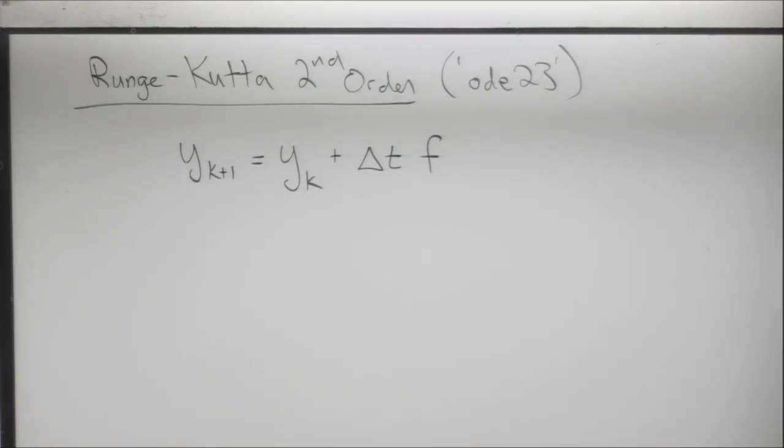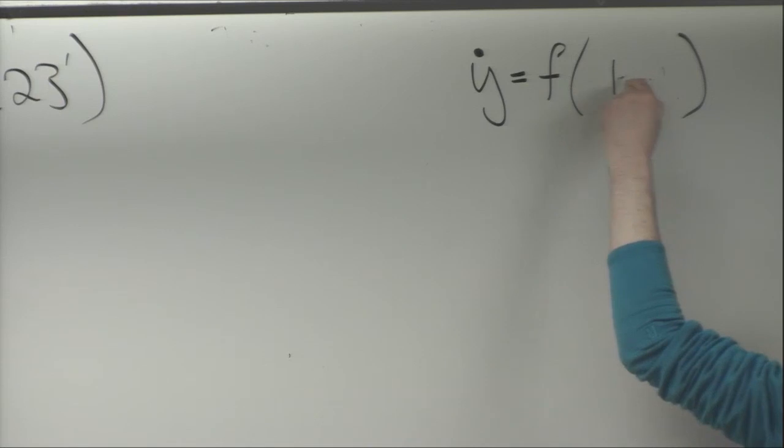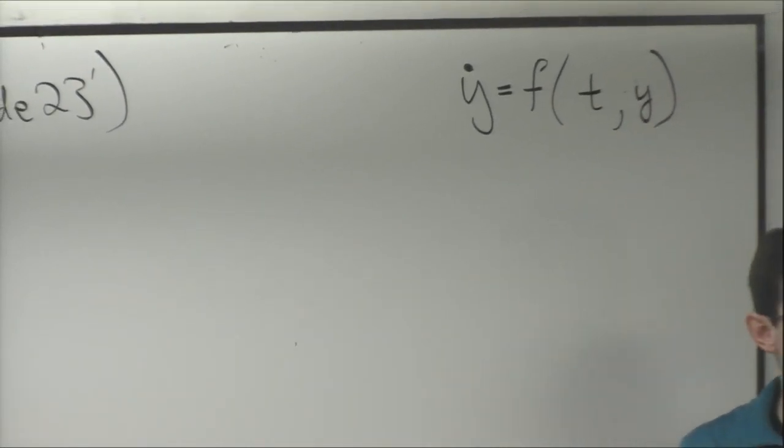Let me do one more thing. Remember we said we had y dot equals f of y? Well, let's say that our right-hand side, our vector field, can also change in time. In my notes, I have this the opposite, and this is going to become a problem. So it's a function of time and space.